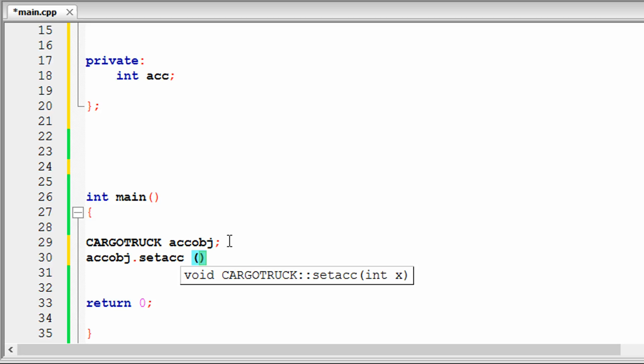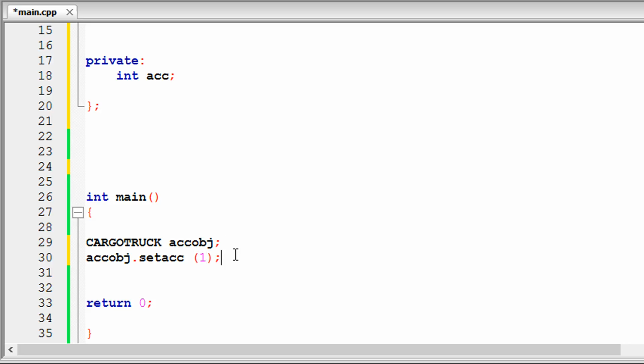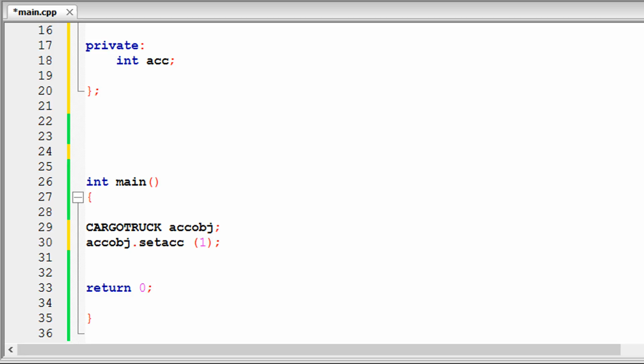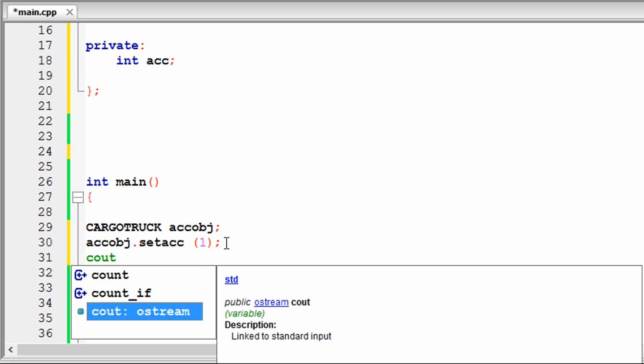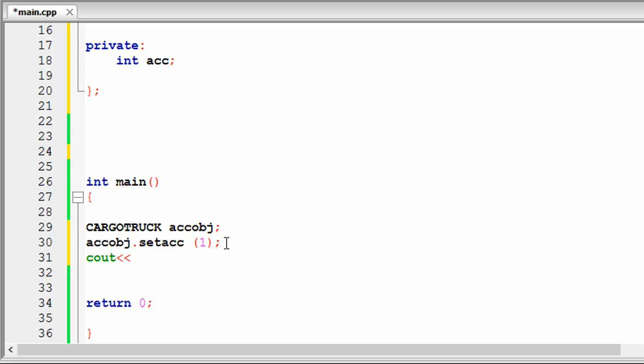Let's say the truck has 9 or 10 levels of acceleration, but in this case we want to set the acceleration level to 1 and add a semicolon at the end. Now that our acceleration value is set to 1, in order to see that value on the screen, we can go ahead and cout the value or the stage of acceleration. Let's say the value of acceleration